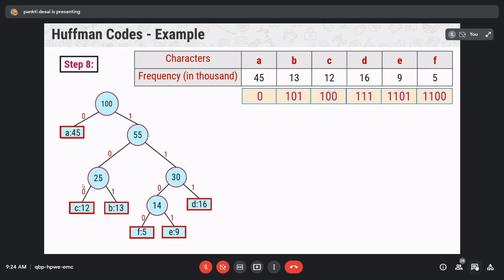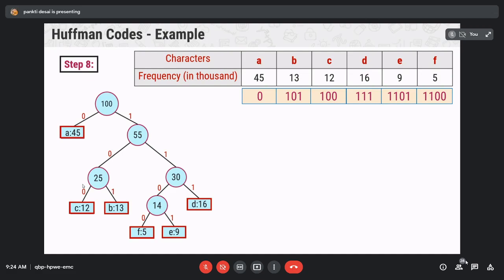And what are the benefits or advantages of this Huffman code technique? We can perform the encoding and decoding technique with variable frequencies of the characters. We can perform the encoding on the variable length frequencies of the characters available in your code. So this is the advantage of the Huffman code technique.